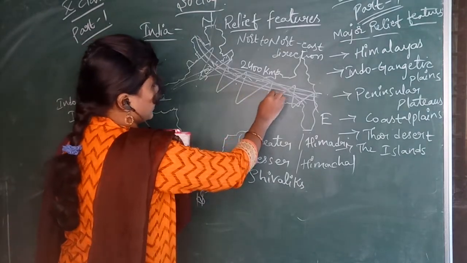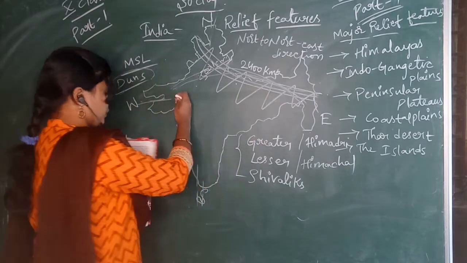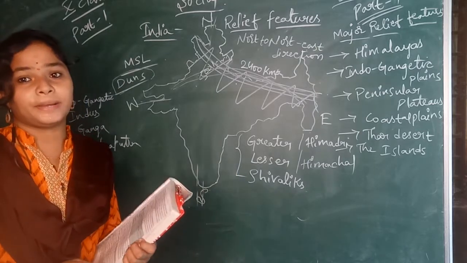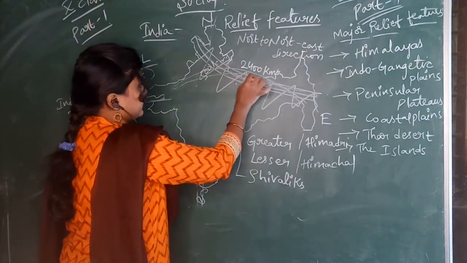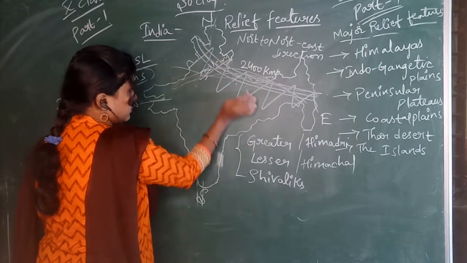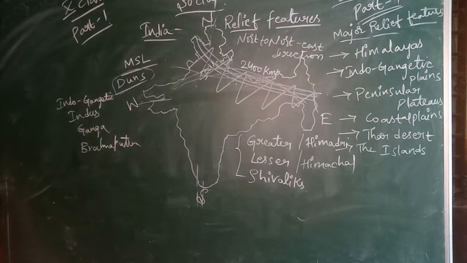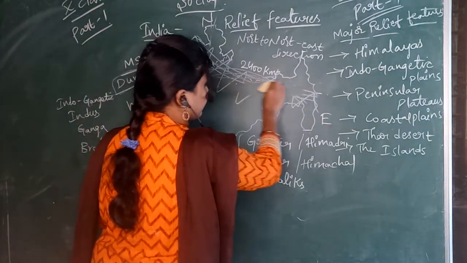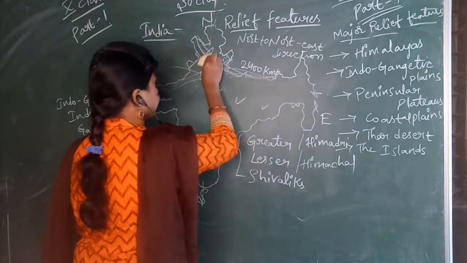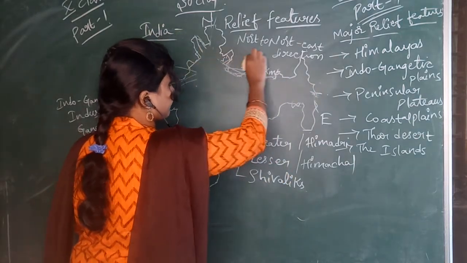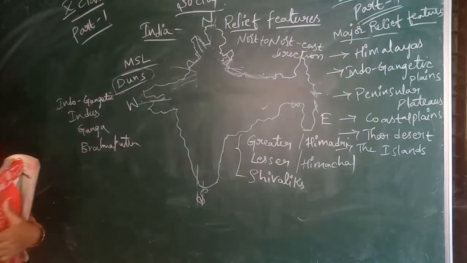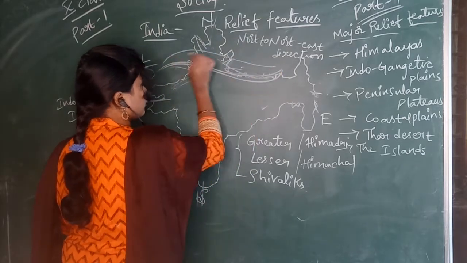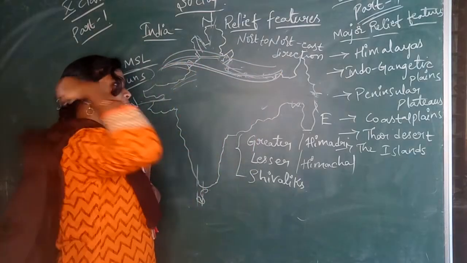So where is the Indus located on the western side? Yes children, the western part, central part and the eastern part. From the western part, what originates? Like this, the river originates here and it flows to the western part. Indus flows through the western part like this. So I will draw the Himalayas, you can understand it clearly. So it flows from Manasarovar through India, to the western part side.